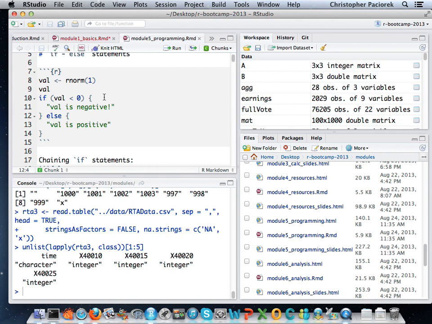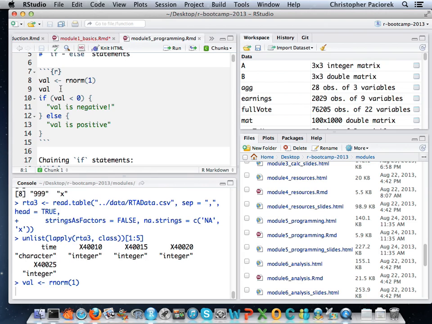If the condition evaluates to true, then the block that follows the if statement is evaluated. So if val is less than 0, this will print out that val is negative, and if it's not, it'll print out something else. If the condition is not true, it'll go into the else block.